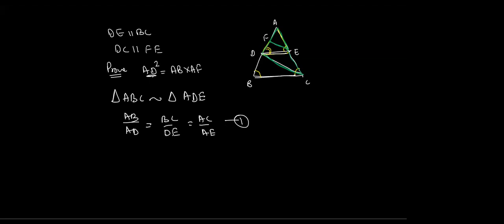Moreover, you know that since this side is parallel to this side, their corresponding angles will be equal. It is simple. You should know that if one triangle is inside another triangle and their bases are given parallel, then the two triangles will be similar because their corresponding angles are equal. So if their corresponding angles are equal,